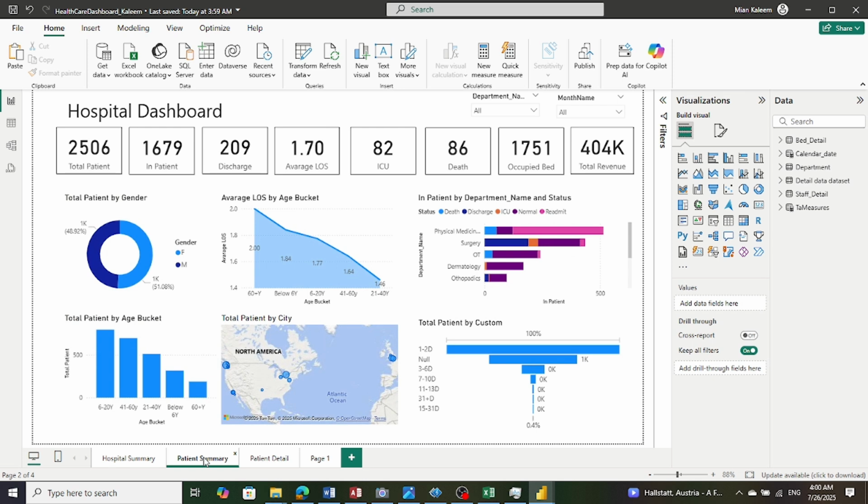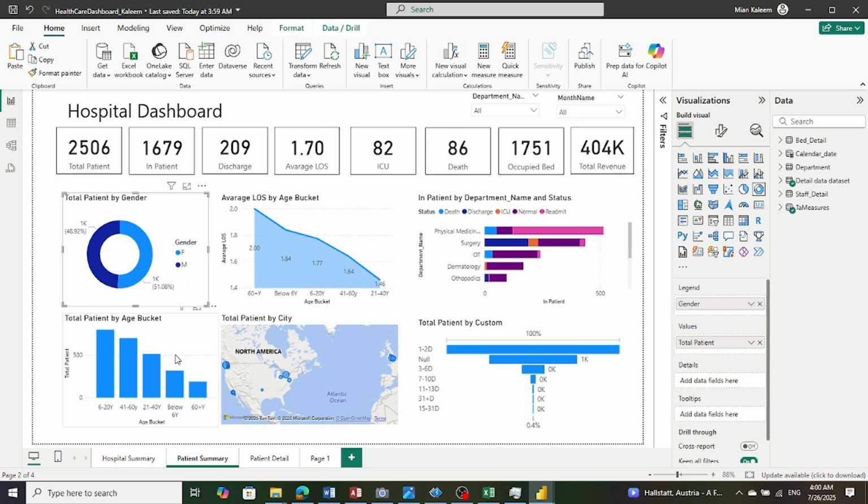And then we have a hospital page with total patient, inpatient, length of stay, average length of stay, ICU deaths, how many patients died, occupied beds, total revenue, inpatient by name and status, department name and status. Status means whether it is death, discharge, ICU, normal, or readmit. Then average length of stay by age bucket, total patient by gender, total patient by age bucket,